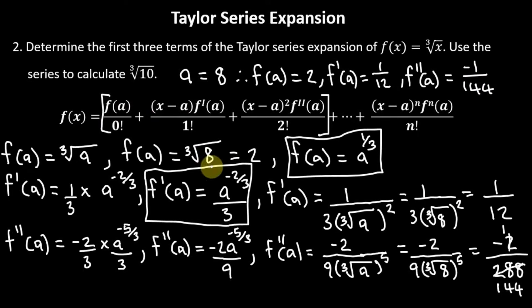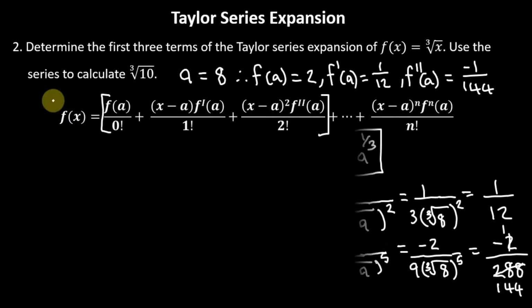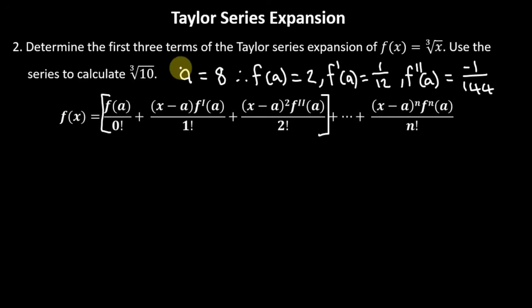And again guys, this is the majority of the work done here, so we're going to clear this space again, and then write out the first three terms. Now to write out the first three terms, guys, we're going to use the Taylor series expansion formula to guide us. So we're going to have f of x is equal to the value that we got for f of a, which was of course 2. We'll have this over 0 factorial, which is 1,